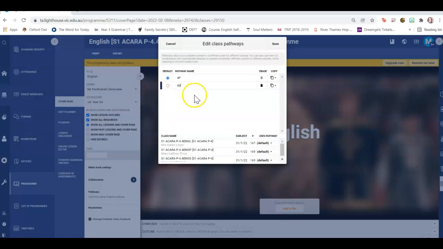So it's using all my lessons, but I'm going to use them for the other Year 4 classes. I'm using existing lessons because I want it to still be able to share and sync, whereas copy lessons is just a copy. So the default is mine, and for 4L, I want the pathway to be